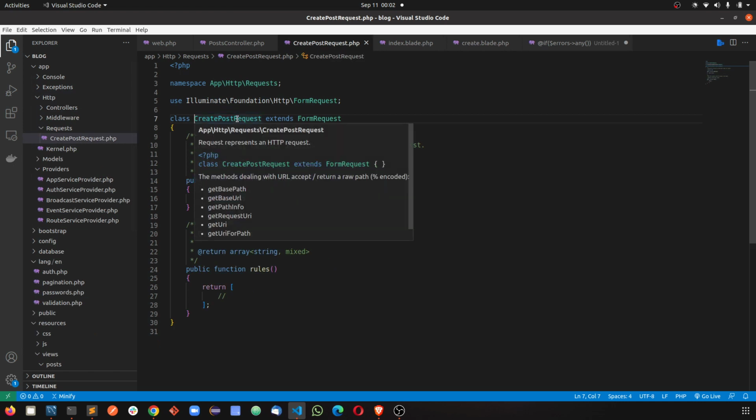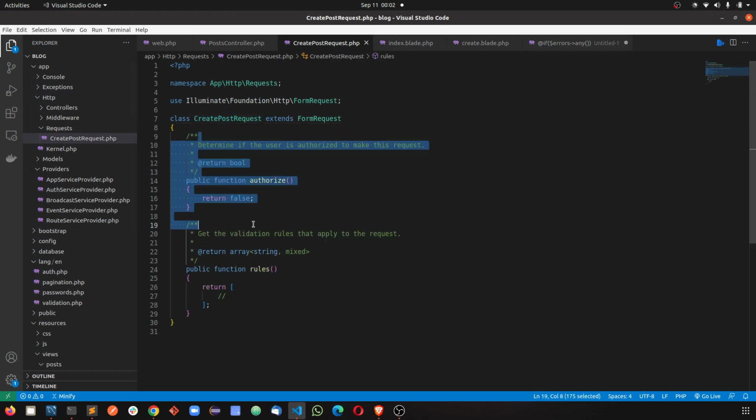Now CreatePostRequest can also handle the authorization, right? But I'll not talk about the authorization right now. We'll touch base on this when we will be doing the authorization and authentication part. So now see here, they are giving you a method rules which is returning an array, and at this point you can write your rules. Okay, so my rules were